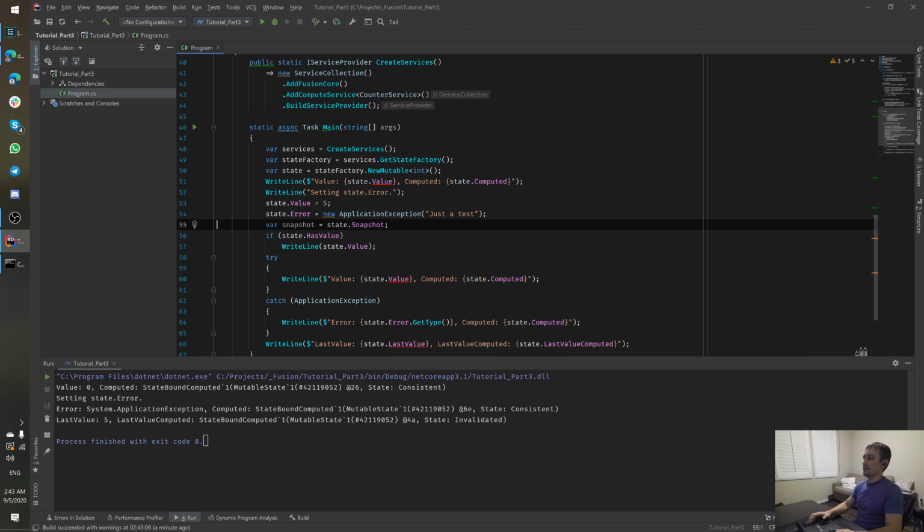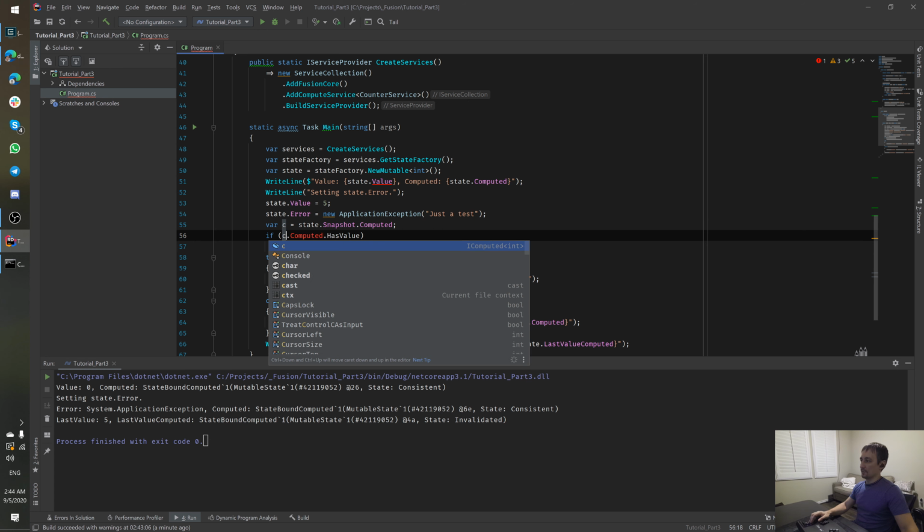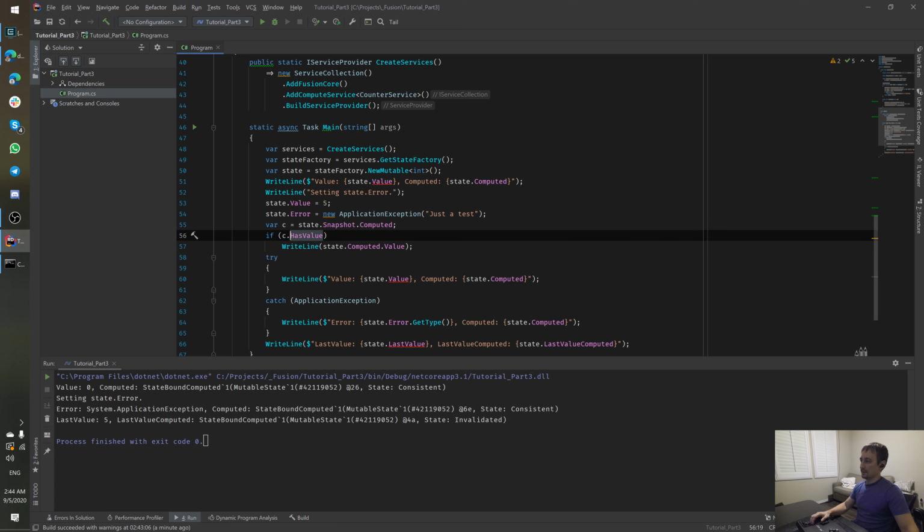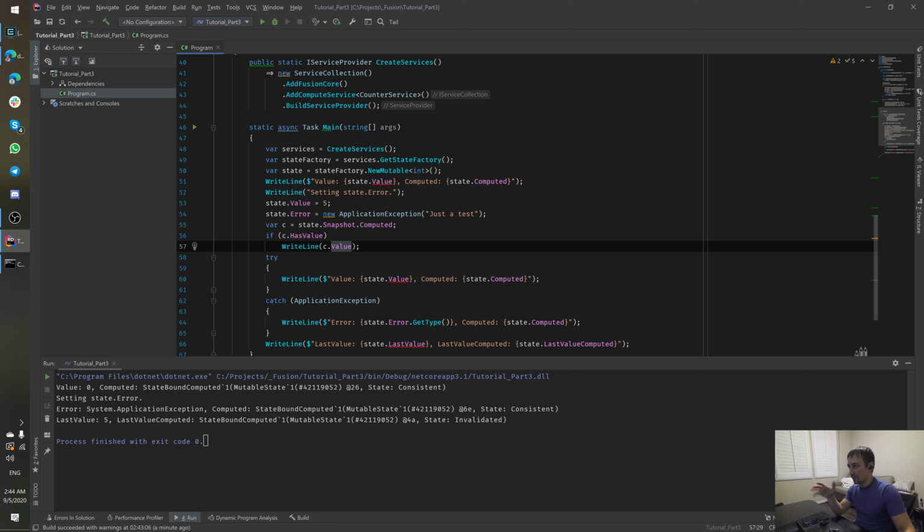And then write this. This is a correct way of doing this. You can also use snapshot computed, like C, and then you could use C. This is also correct, but my point is: